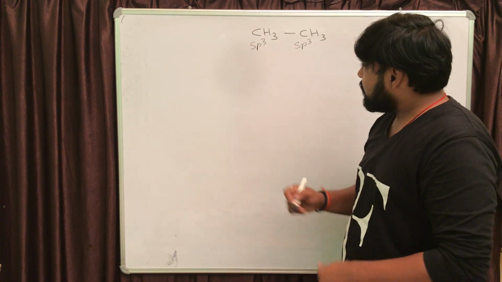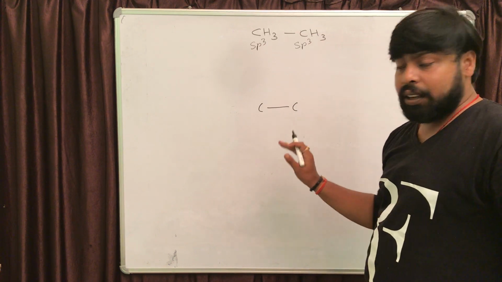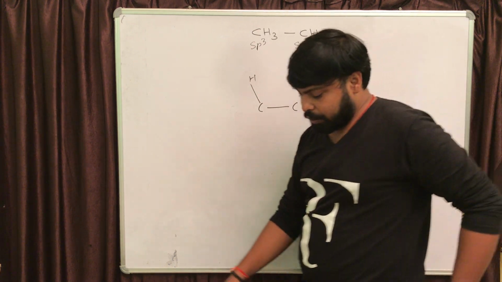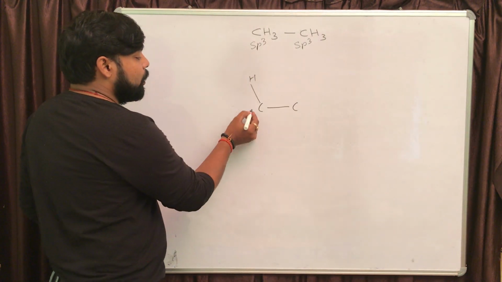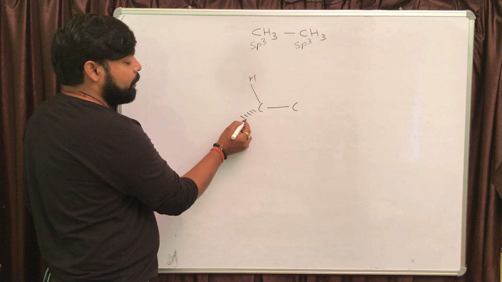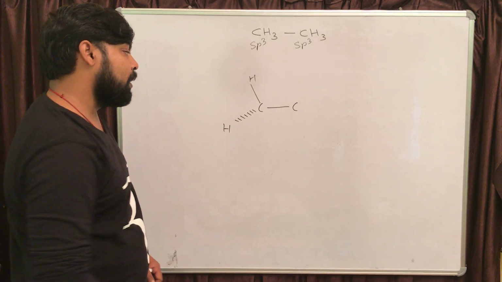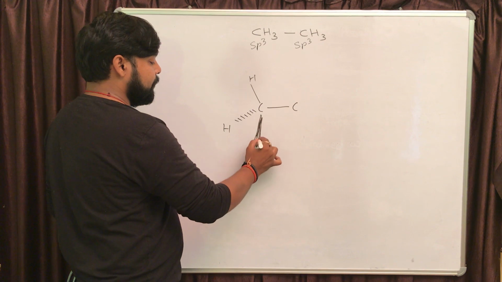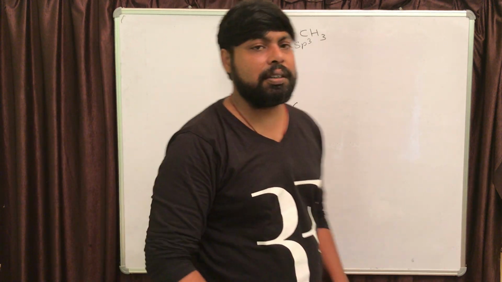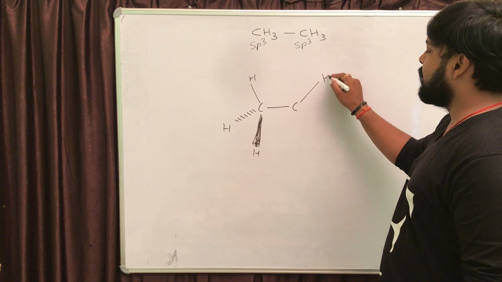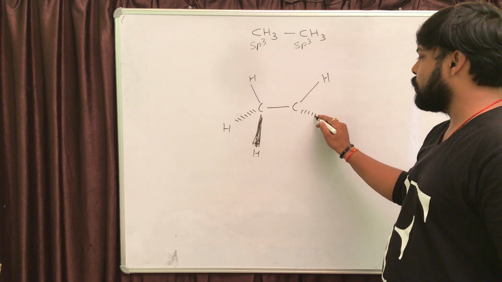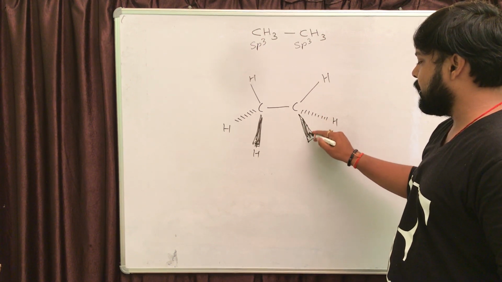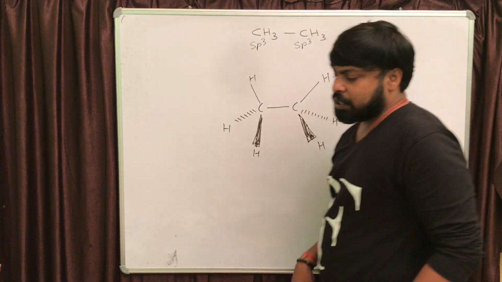So I'm going to draw that structure. Let's say the carbon-carbon covalent bond is in the plane of paper, and one of the carbon-hydrogen bonds of the first carbon atom is also in the plane of paper. Now, the other two covalent bonds are going to be out of the plane. One covalent bond will be inside the plane, that is represented by a dotted line, and another covalent bond is out of the plane, that is represented by this shaded line, right? It is hydrogen. Similar case is on the second carbon also. One carbon-hydrogen bond is in the plane of paper, the other two carbon-hydrogen bonds are outside the plane of paper. This is the ethane molecule.